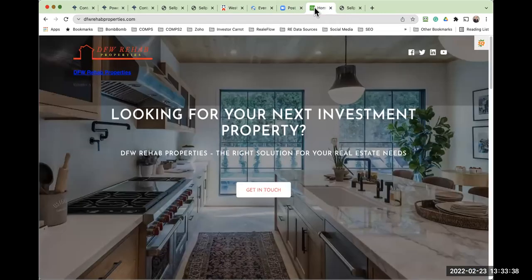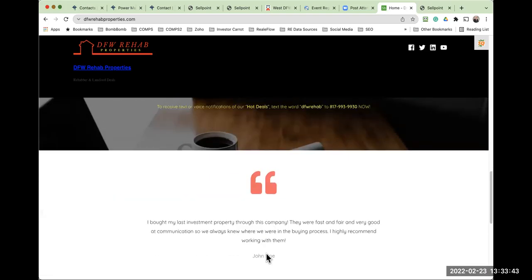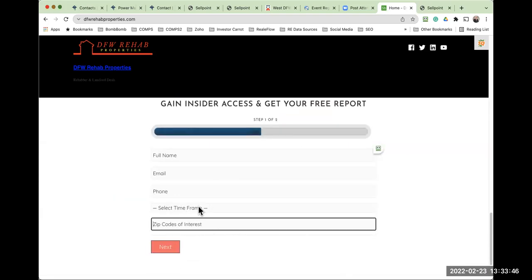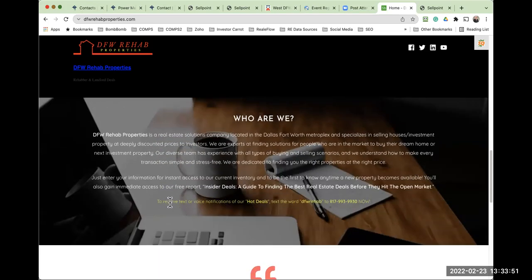Let me see if I can find it here. Yeah, down here. Even though it's in the opt-in sign up right here, it will be when I finish this page, but I put this statement in here. They don't have to go through the web page. They can just go text that info. As a matter of fact, if you want text messages of my deals, go ahead and do that. Text the word DFW Rehab, no space, to that number right there,